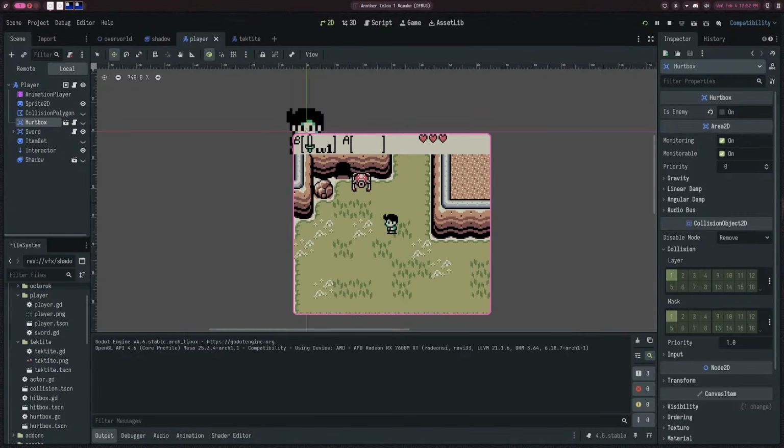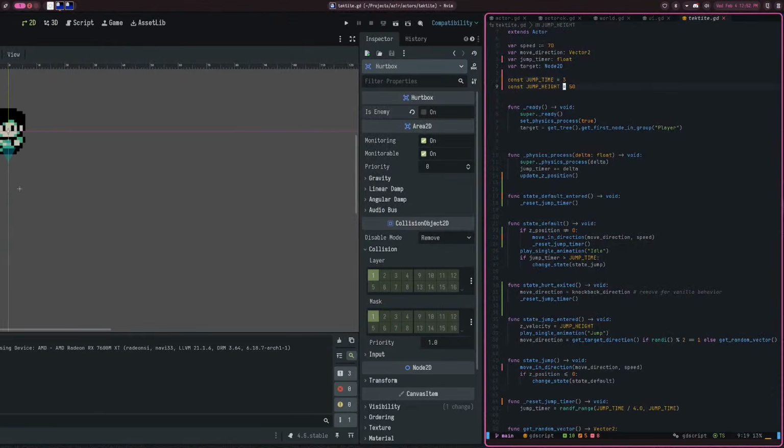Yeah, why is he sometimes going twice? When does the jump timer actually reset? Because I feel like as soon as state default, then we go jump. And we jump. And then once we land, we go default, which should automatically reset the jump timer, which goes anywhere from